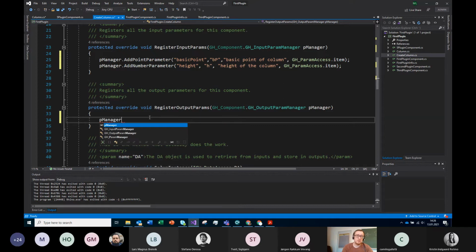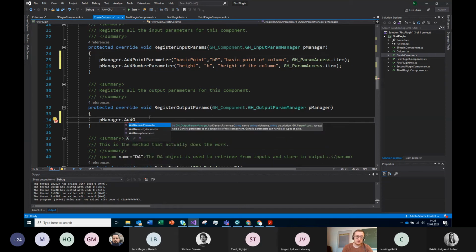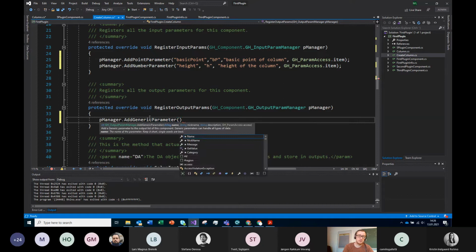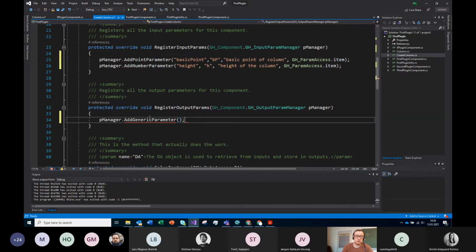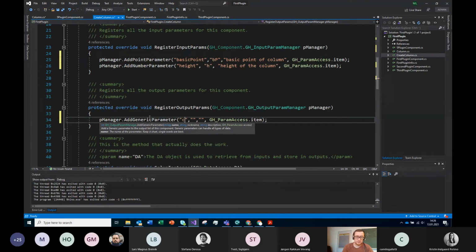Unfortunately, we will have to use the most general one, which is called generic parameter. So there is no column parameter we just created, but yeah. So this is column